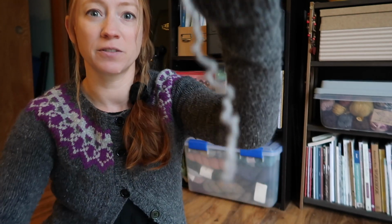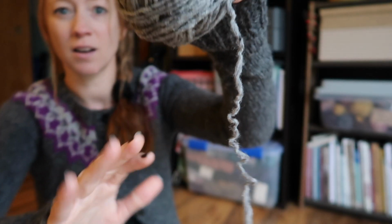I don't mind working with used yarn that hasn't been washed. So, you know, even though it might have a little bit of kinkiness to it, it doesn't bother me. It's supposed to be best practice to wash it after you've ripped it out before you use it in another project, but I don't care. So I want to go check out the pattern that I was looking at for this yarn, which is the Oxbow Cardigan by Andrea Mowry,